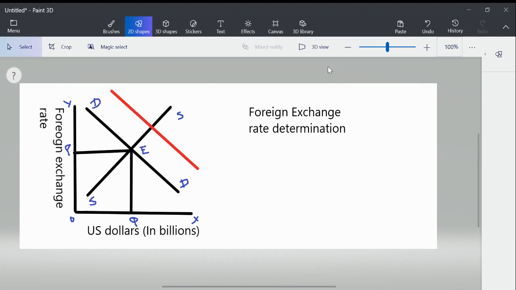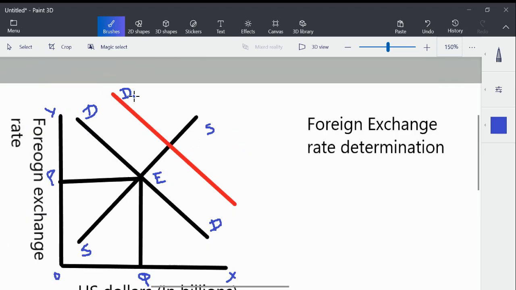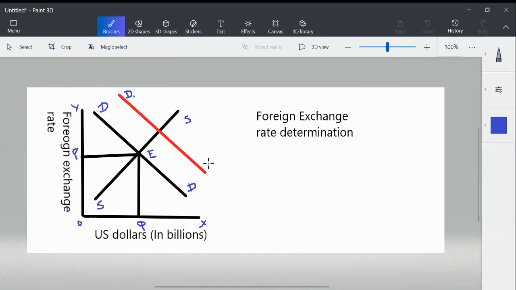Let us suppose that the demand for US dollars increased. There could be any reasons. I have listed the five players inside who were determining the demand for US dollars. So let us assume that more Indian students are now going abroad. When the number of students of India who go abroad to learn increases, automatically the demand for US dollars will also increase, because now more students need foreign dollars since they are going abroad to study.